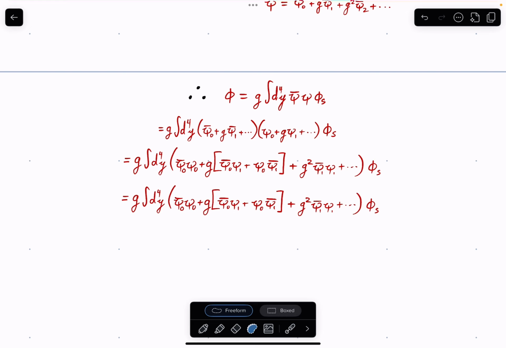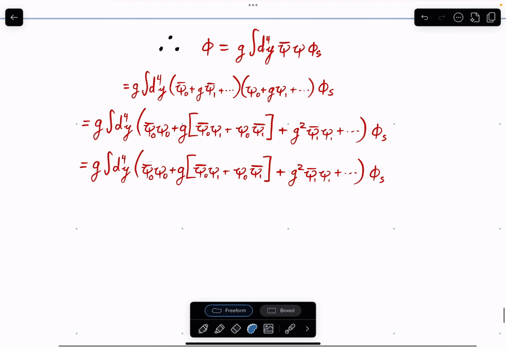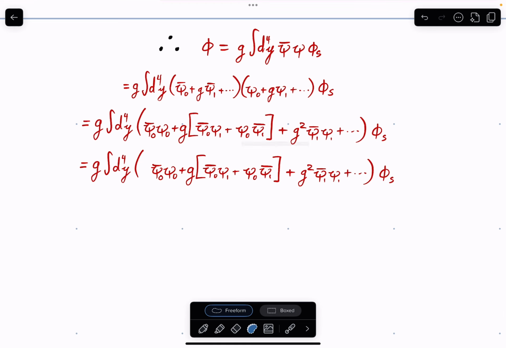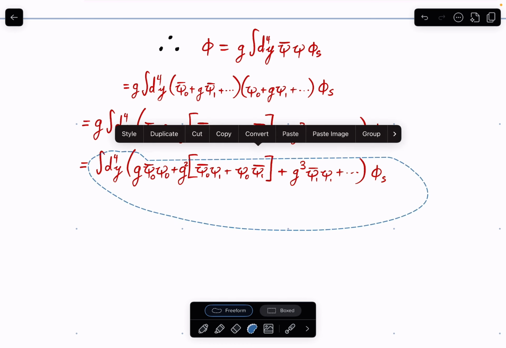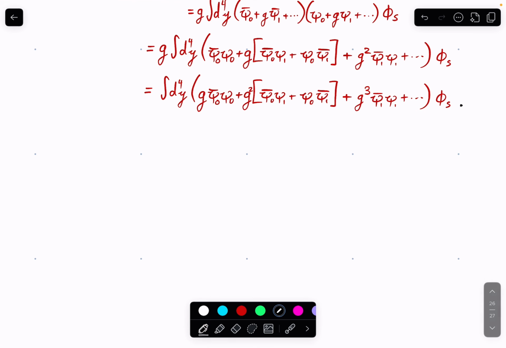And now we're going to move this G to the inside here. So this ends up being a factor of G. This ends up being G squared. This ends up being G cubed. So there's that. So now, equating factors of G,